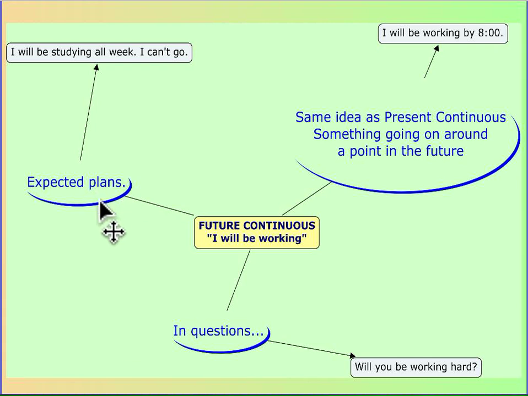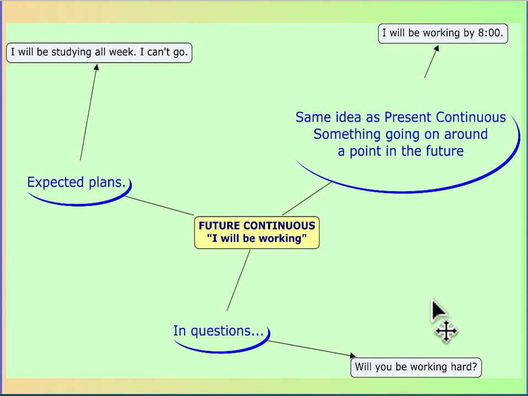So that is also why in questions, that is precisely what you are asking, an expected plan. For example, will you be working hard? I am asking you if it is in your plan to work hard in the future and also around that moment. Okay, so if you use instead of continuous,